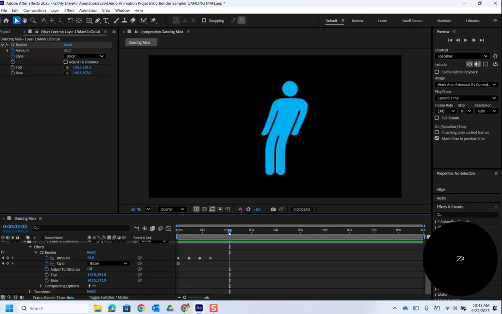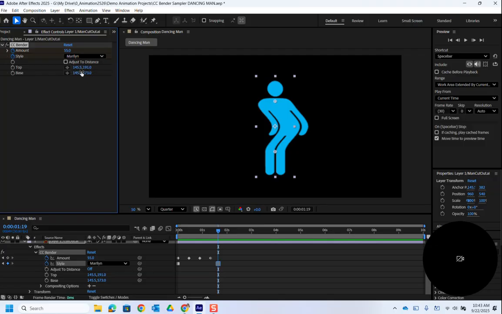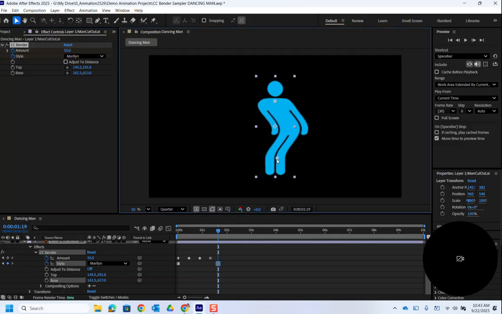I want to just go ahead and change. Let's see, I have him doing the boxer. Maybe I want to do a new dance over here now. So I'm going to go ahead and change my style from boxer to maybe Maryland. Maybe now he's going to do a little shake, like he's really feeling the beat, and now some more of his body. We're going to give him a little more dramatic movement. All right, made my keyframe for me. I'm going to skip ahead